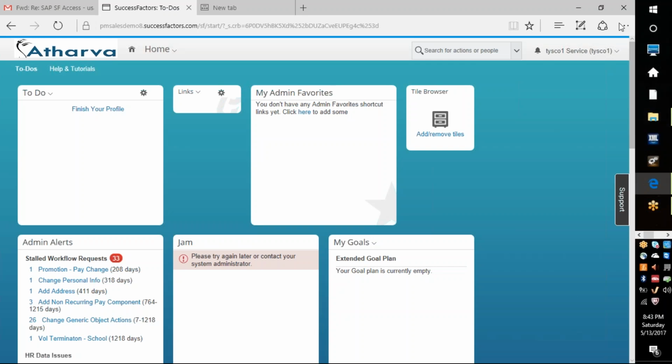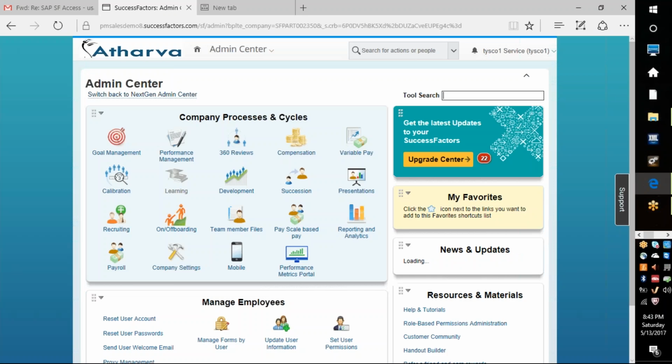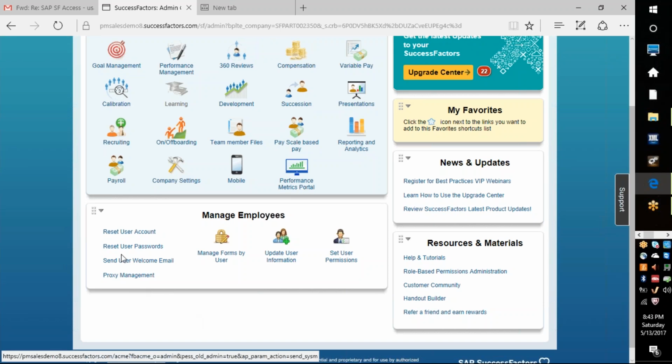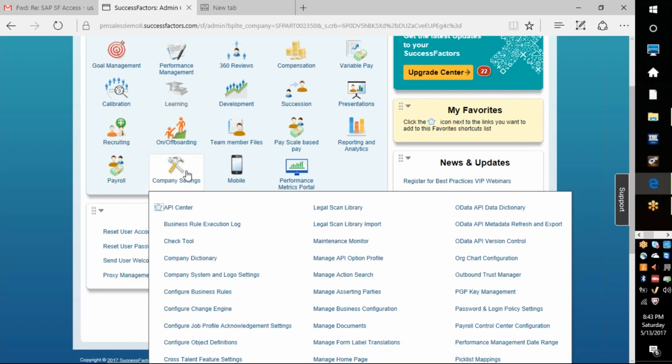So yesterday, just to do a recap, we saw about proxy management. We saw some of the options, or the nodes, here on the manage employee sections: reset user account, reset user passwords, and proxy management, and how an administrator will handle them. And then we also saw about the company settings,